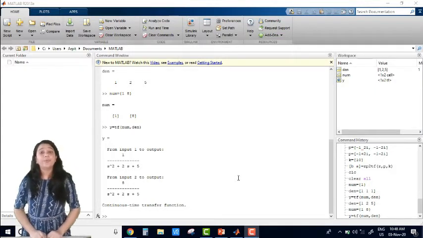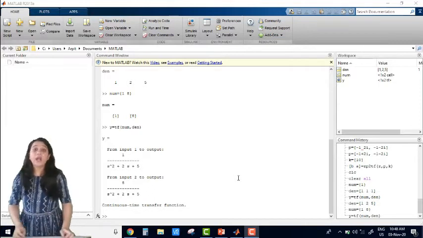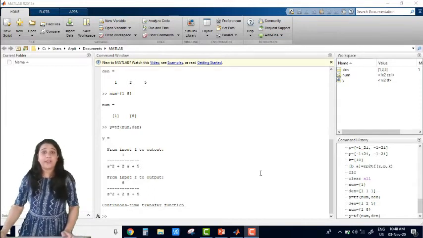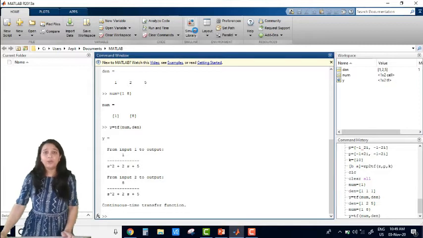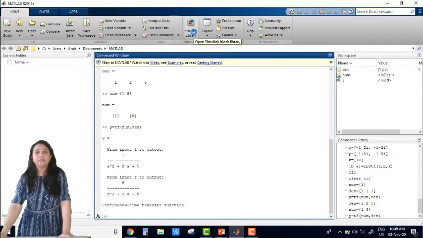Now we have to put a step input in MATLAB, then we can connect the step input with the transfer function, and then go to the output. For that we have to go to the Simulink library in MATLAB. So click on the Simulink library.